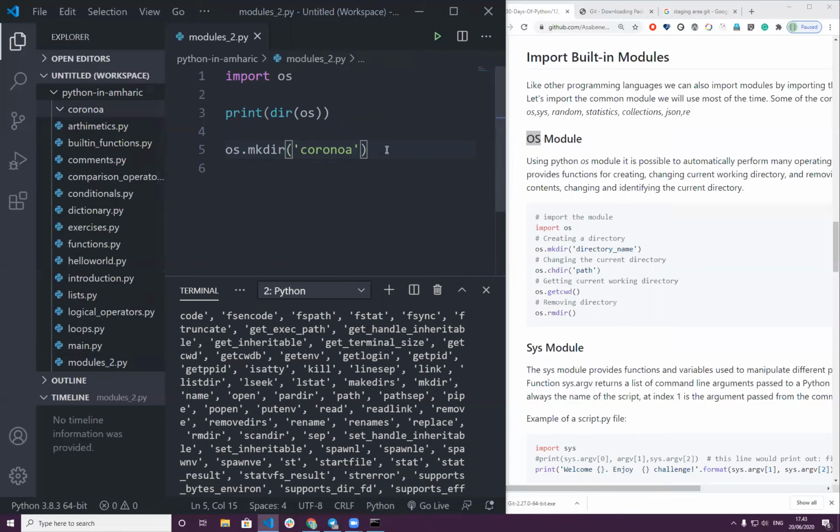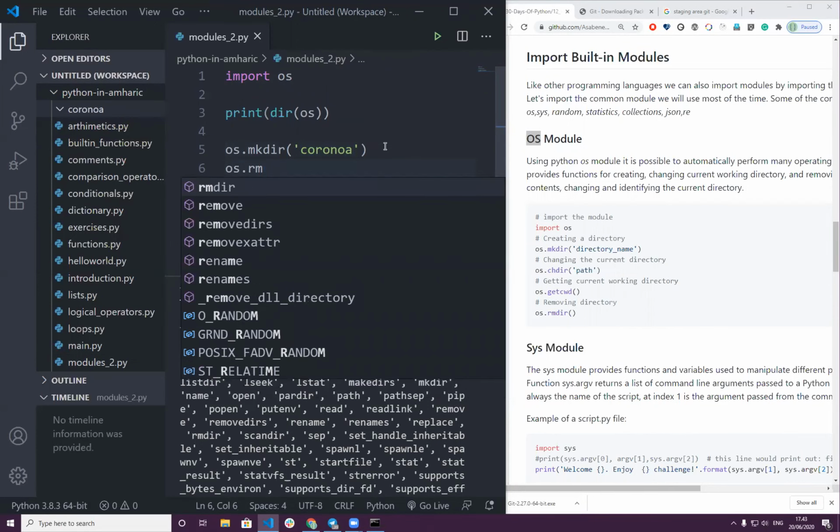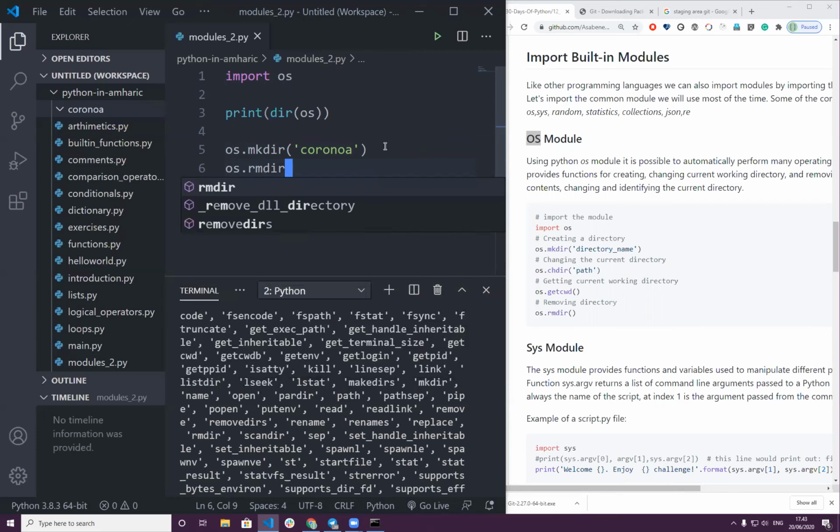So we can also remove the directory. OS remove dir. And then we have to, of course, mention the name of the directory, Corona. Why am I misspelling Corona? I have to misspell it here also to delete it, as you can see.